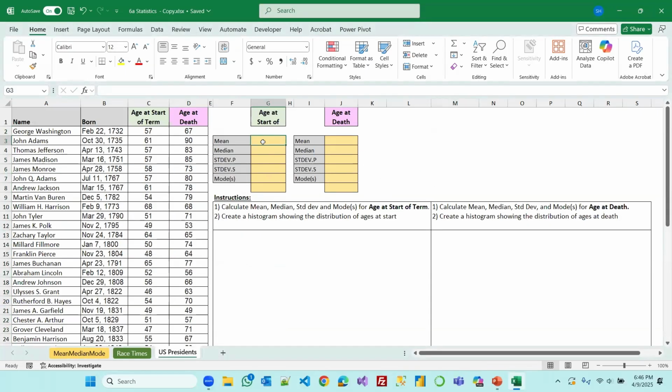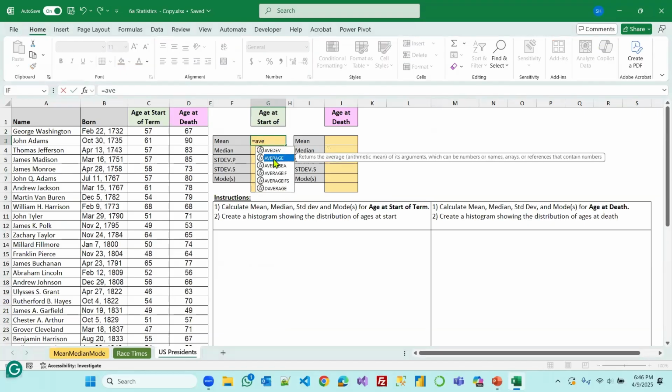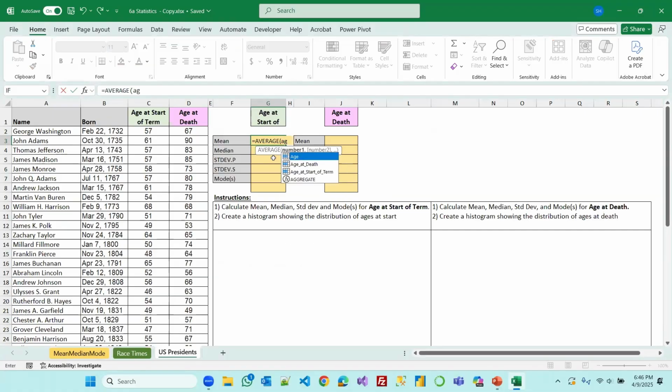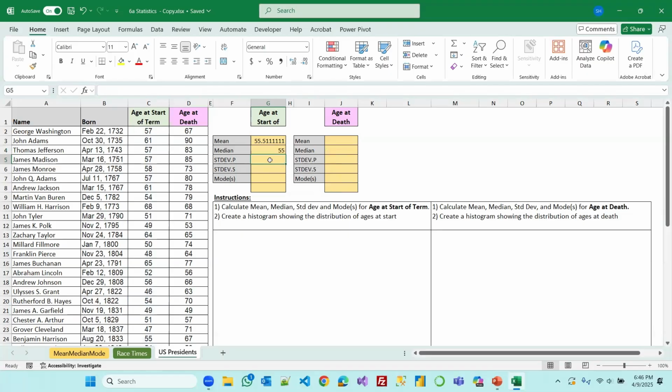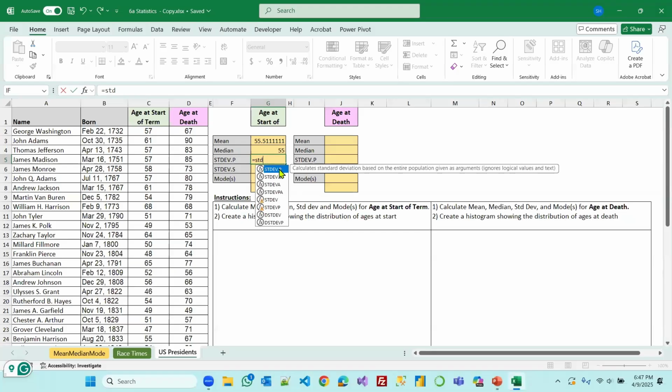So now let's calculate the mean. Equal mean, which we know is the average, and then age at start of the term. Press enter, and then median equals median, age at start of the term, press enter. And then standard deviation, STDEV.P, equal STDEV.P, standard deviation